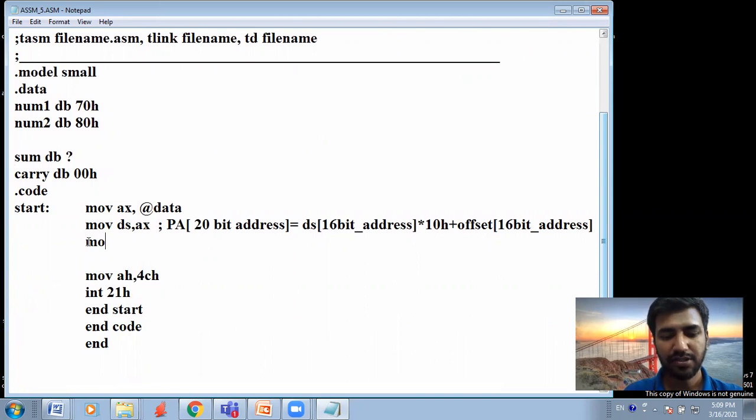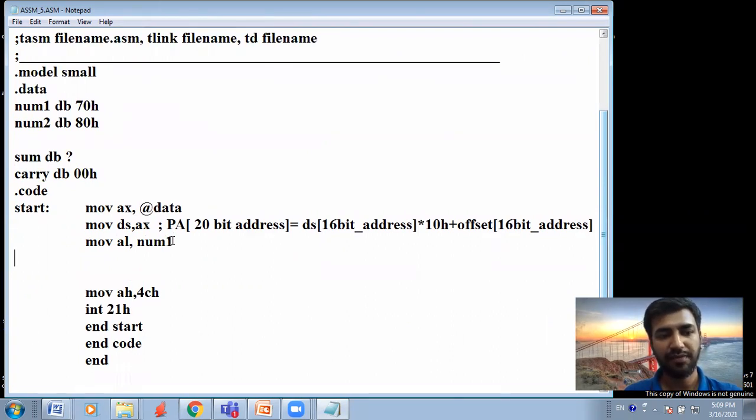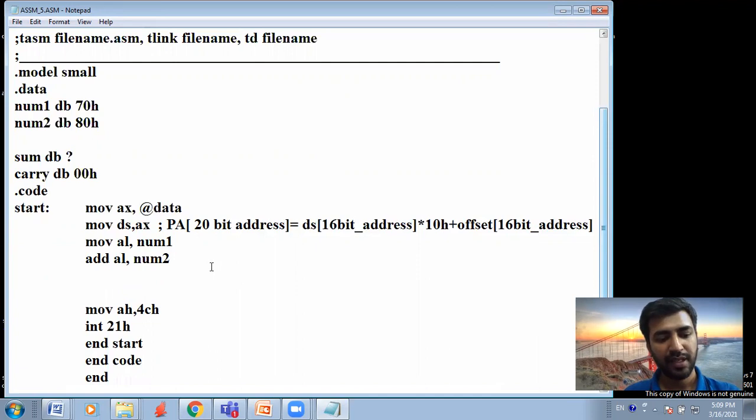Okay. So for the first instruction, I can take my number into AL. After that, I can directly add my first number, which is in AL, with number 2. Once I do that, depending on the result, I will generate carry or not.